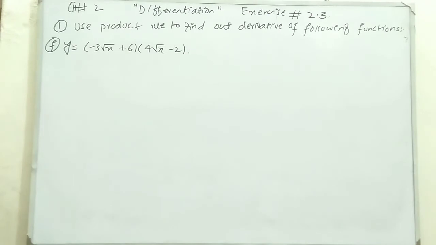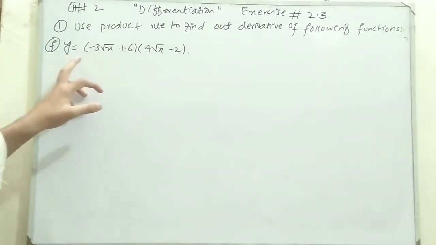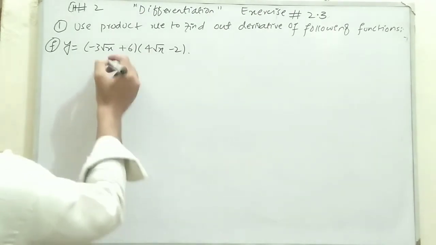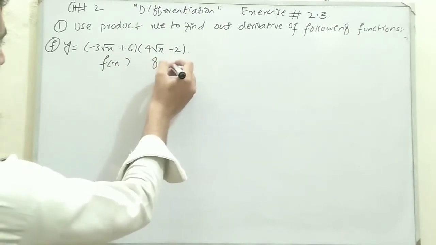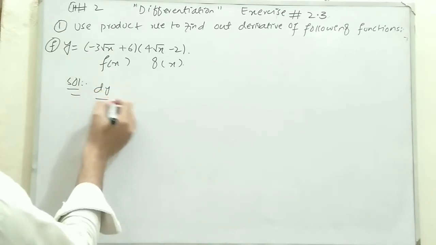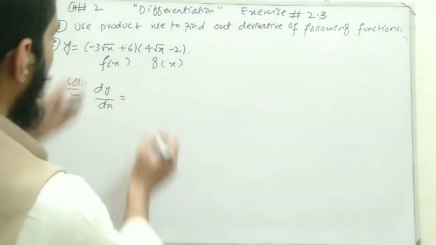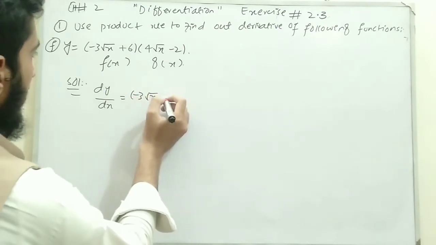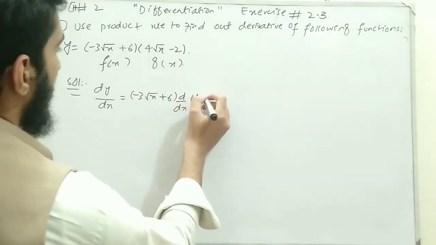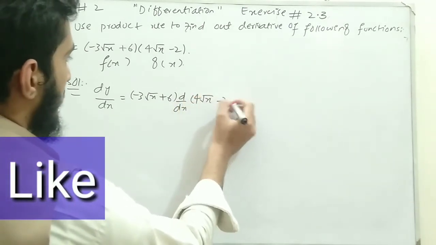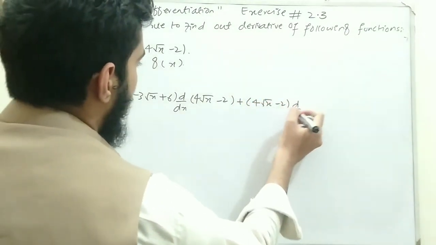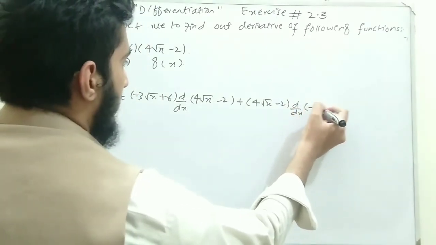Now move to the last part of question number 1 in today's lecture. A function y is equal to minus 3 root x plus 6 multiplied by 4 root x minus 2. So let's suppose this is f of x and this function is, let's suppose, g of x. So move towards the solution, taking derivative on both sides. So dy by dx will be equal to the first function minus 3 root x and plus 6 and derivative of the second function, d by dx of second function, which is 4 root x and minus 2, plus second function 4 root x minus 2 and d by dx of the first function,